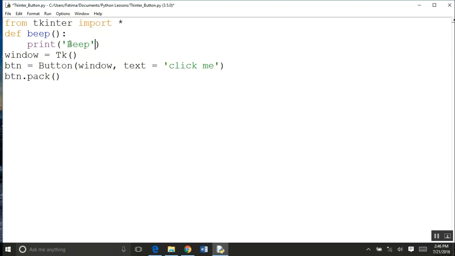I included beep inside quotation marks and parentheses, so this means that beep is going to be printed. I entered this line under my function beep, which means that whenever I call this beep function, it's going to print the word beep. So I just defined what the beep function is going to do. Now, if I run this code,